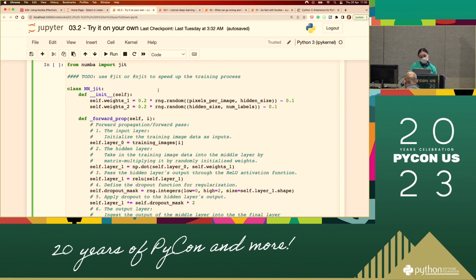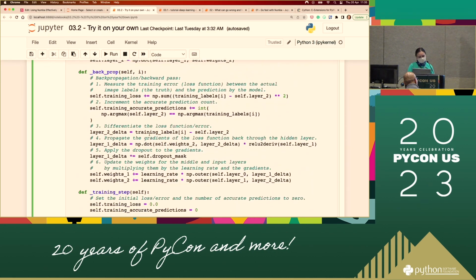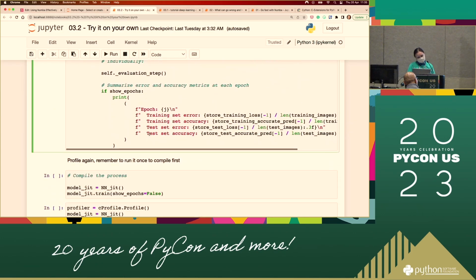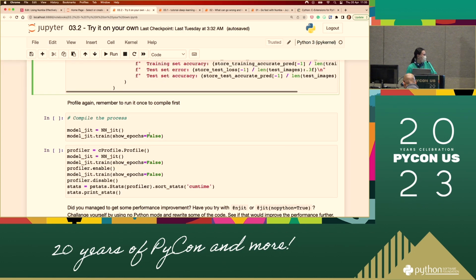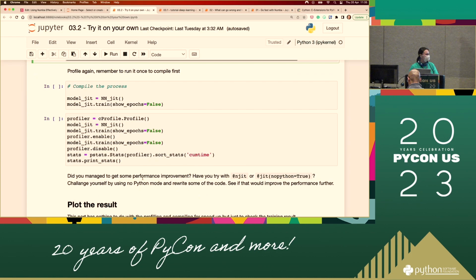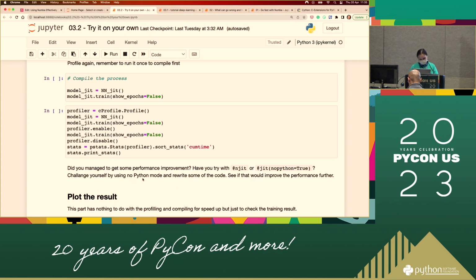You can choose JIT or NJIT. I would say try NJIT and see which doesn't work, then you can use JIT, but then I would challenge all of you to try to just use NJIT. Maybe it will take you a week or a month, but you don't have to do it today. You just get a taste, try your best to see how much you can improve, and then we profile it